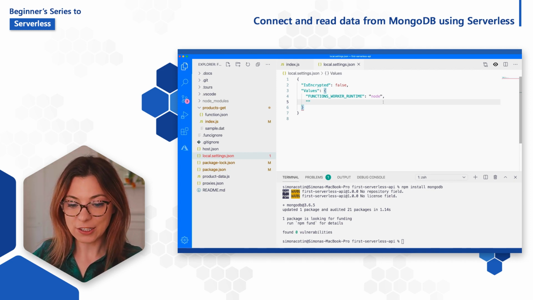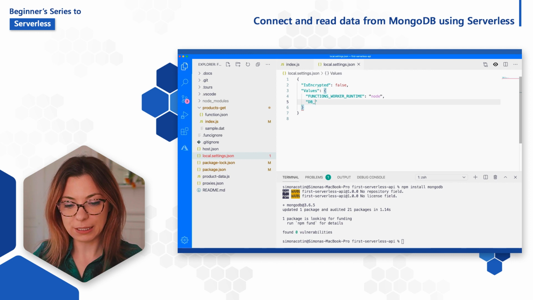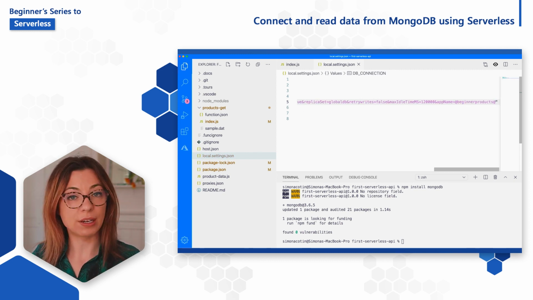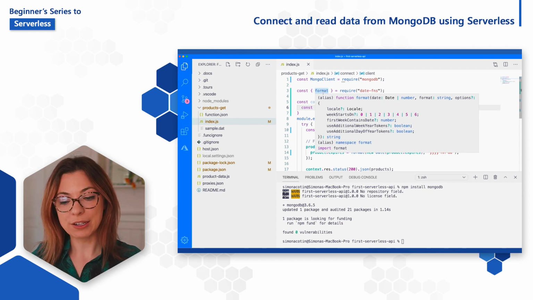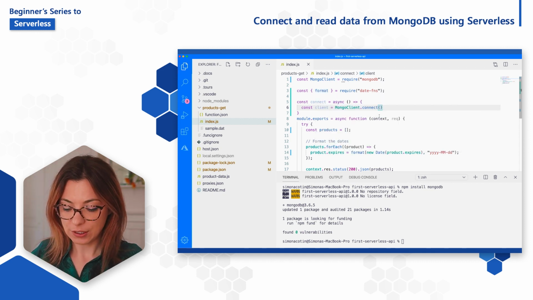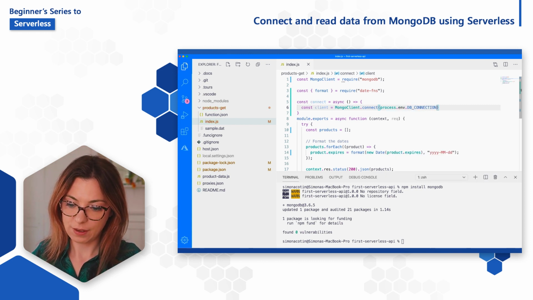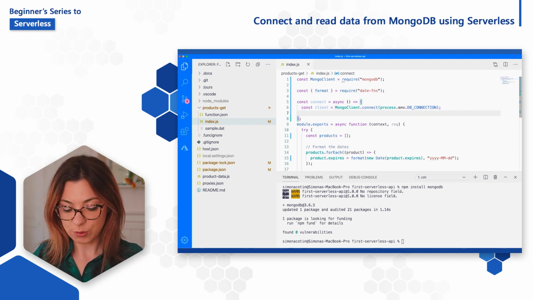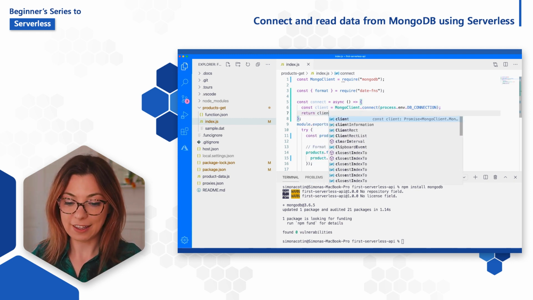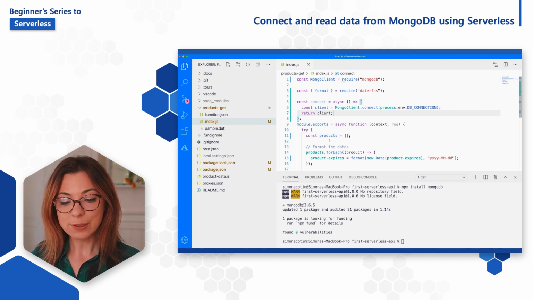So I'll add a new value here that's called db_connection. And this is where I will paste in the connection string I've copied earlier. And in order to use it in our code, I'm going to have to use process.env.db_connection. And once we connect to our database, we want to return our client object,